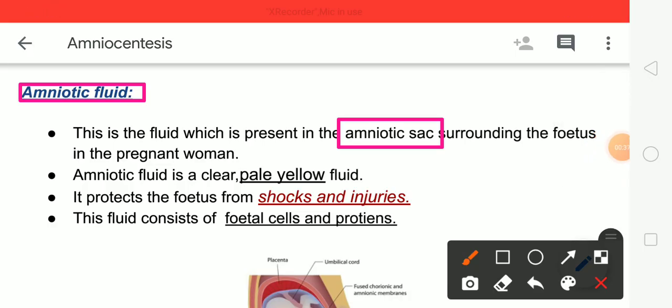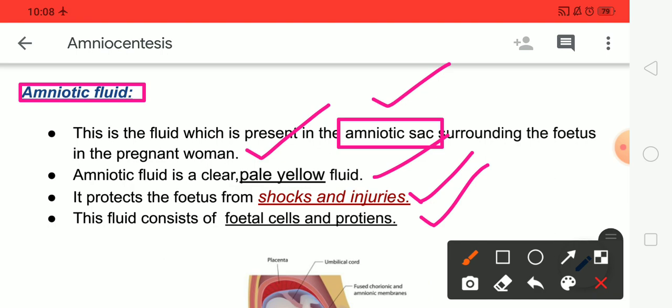This is the fluid which is present in the amniotic sac surrounding the fetus of the pregnant woman. Amniotic fluid is a clear, pale yellow fluid. It protects the fetus from shocks and injuries. This fluid consists of fetal cells and proteins. That means the amniotic fluid is present in the amniotic sac, and that sac is surrounding the fetus of the pregnant woman and externally appears as a pale yellow colored